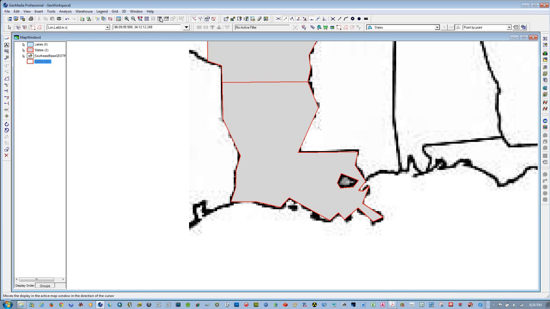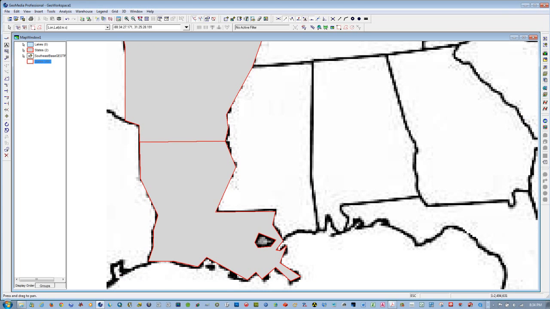Let's go ahead now and do Mississippi. Okay, you notice I'm going to left click right there when I catch that node. I'm going to retrace this. You should follow the line. Once you get the icon that you're on a node, and sometimes it's difficult to see, left click, left click. Now you can see why you wouldn't want to put a lot of nodes in here. Here's where you have an intersection. You have to do that. Left click, left click,